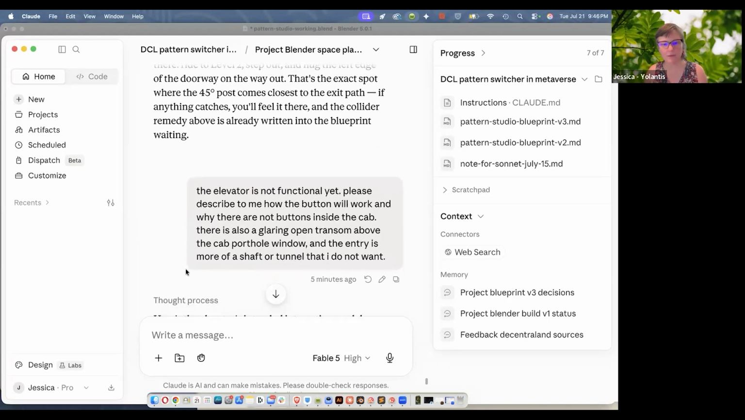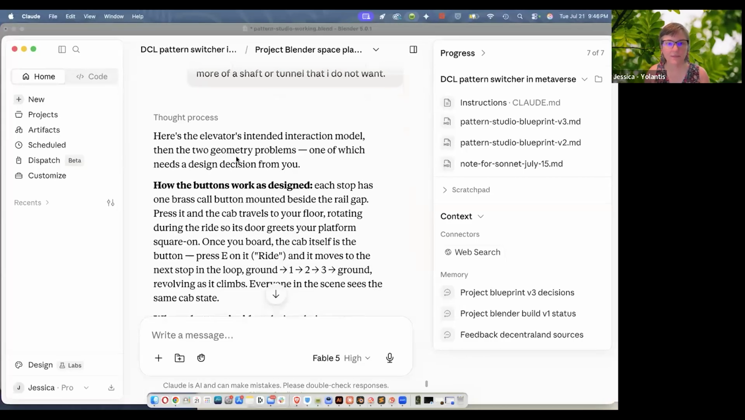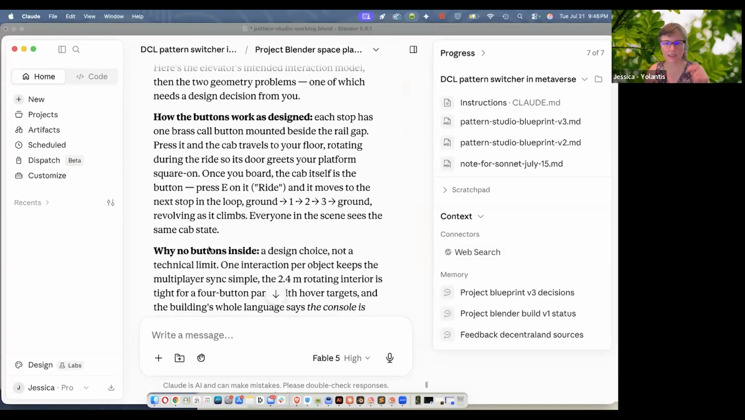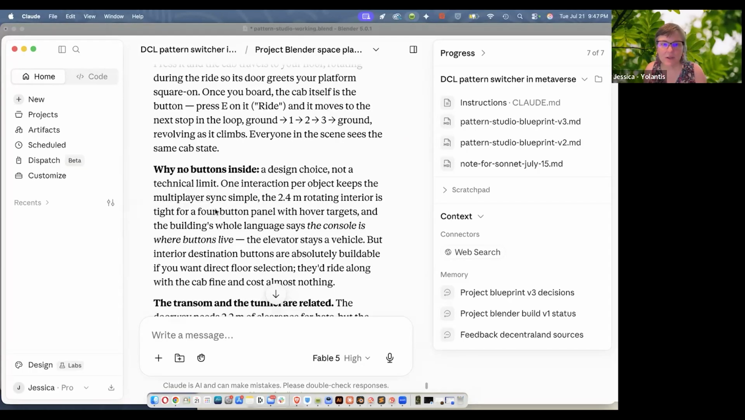So I told this to Fable to see if it can fix it. And it says, okay, you call the button on the outside, it goes to your floor. Once you board, the cab is the button, press E on it to ride, and it moves to the next stop in the loop. So you just ride it, and it's going to go 1, 2, 3, and then all the way, start over again. And it's going to revolve as it climbs. It says there's no buttons inside because we're a little limited,